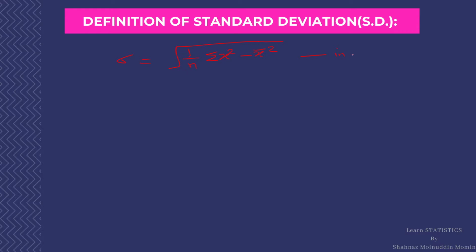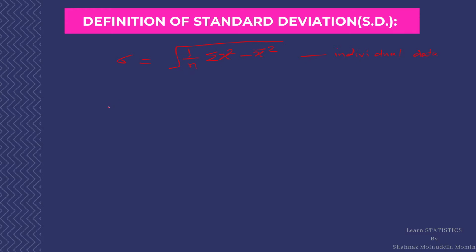We have already seen what is individual data. Individual data is nothing but data with distinct values. If a student wants to learn the types of data, individual data, discrete data and continuous data, that we have discussed on this channel. The link of that lecture is given in the description below, and one can get the lecture by clicking on the I button at the top right corner of the screen.